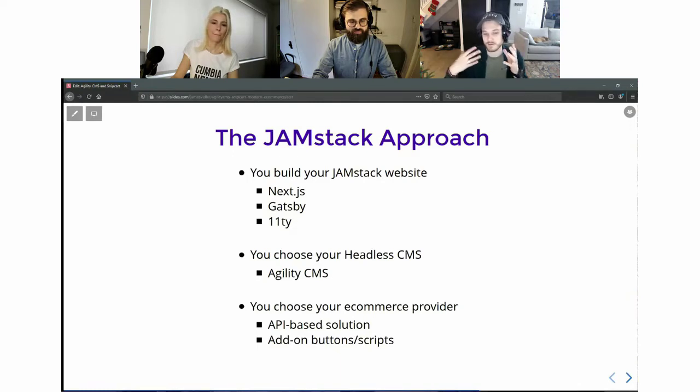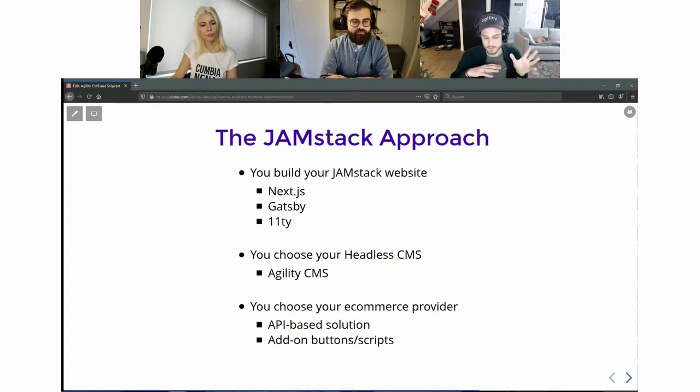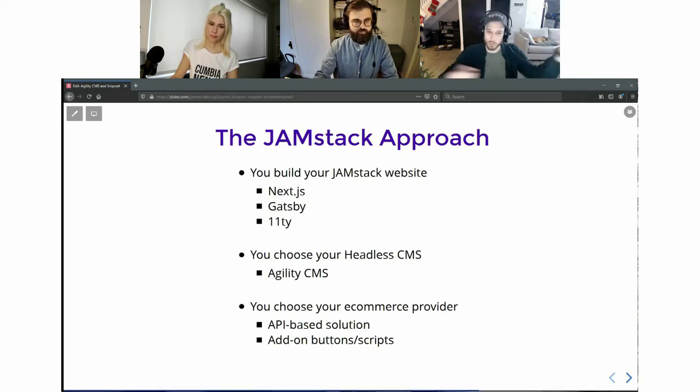So, okay, who's going to do this e-commerce? Where am I going to set up my products, set up my shipping, my orders, my checkout flow, all that kind of stuff. And there are two different ways of doing this. One is an API-based solution, think Gatsby, for example. Maybe if you had Gatsby and Shopify, you might use the Shopify source plugin in Gatsby so that when your site builds, before you deploy, it's going to go and pull down all the data it needs from Shopify